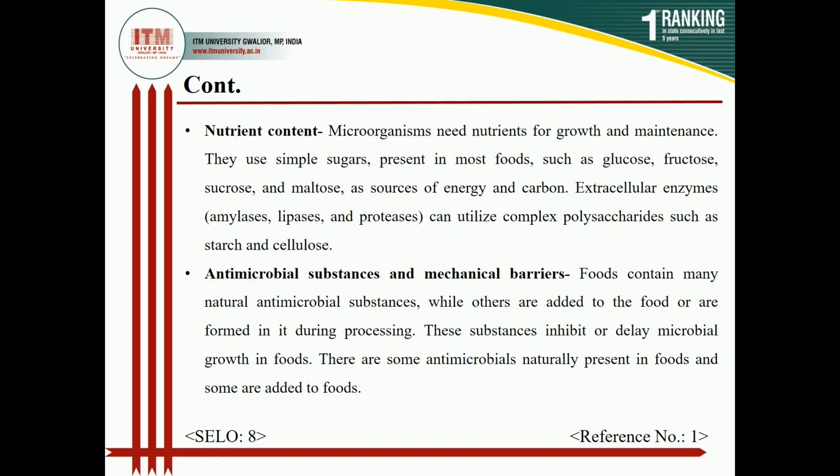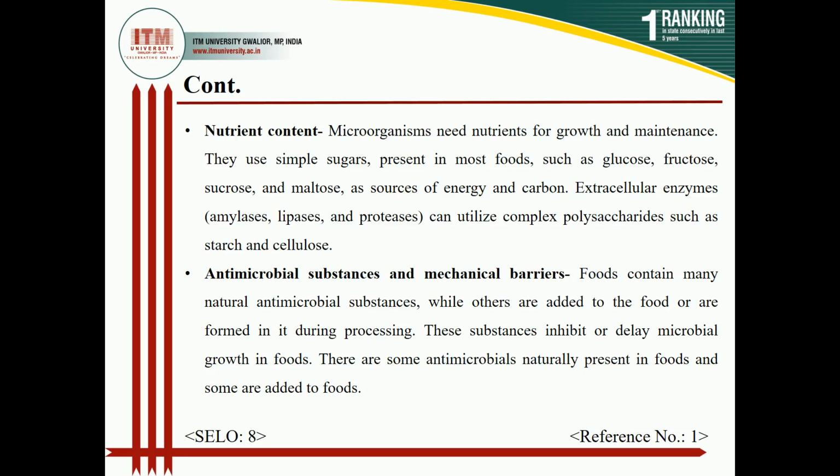There are some physical barriers, such as the skin of the fruit. As we all know, it protects the food by preventing microorganisms from entering inside. The shell of nuts contains a low amount of water, so the growth of microorganisms is inhibited. The cuticle membrane of egg. These all are physical barriers that will prevent microbial growth in the food products.